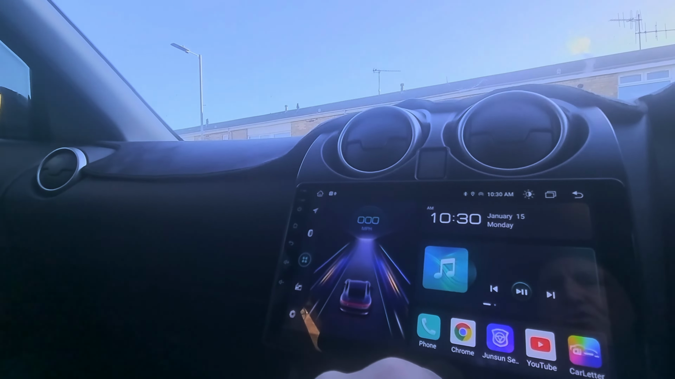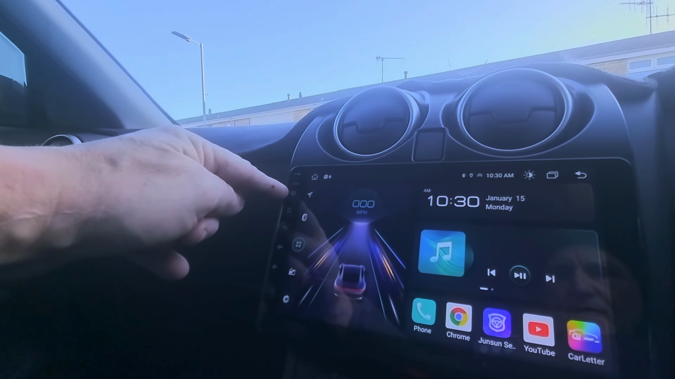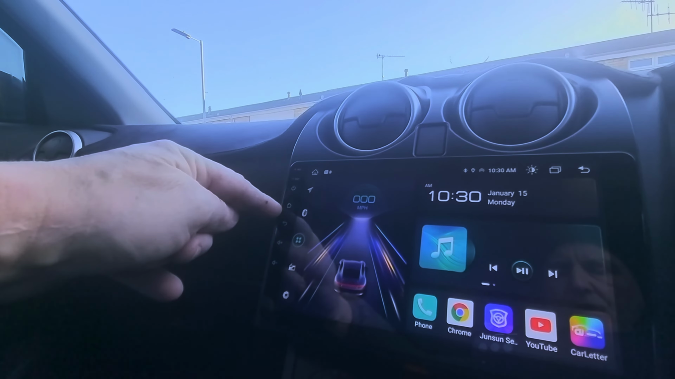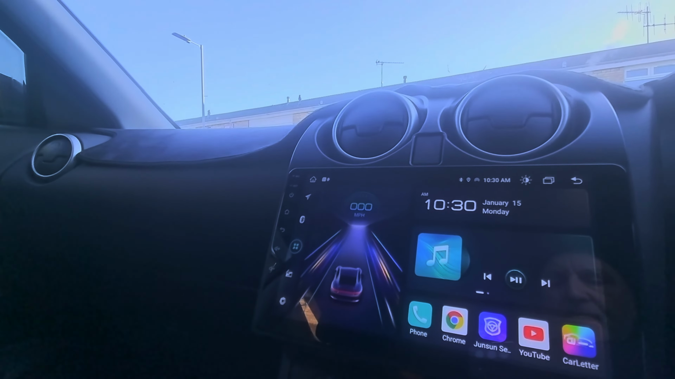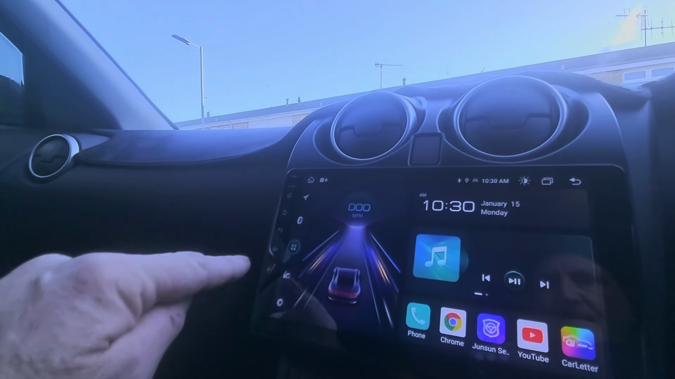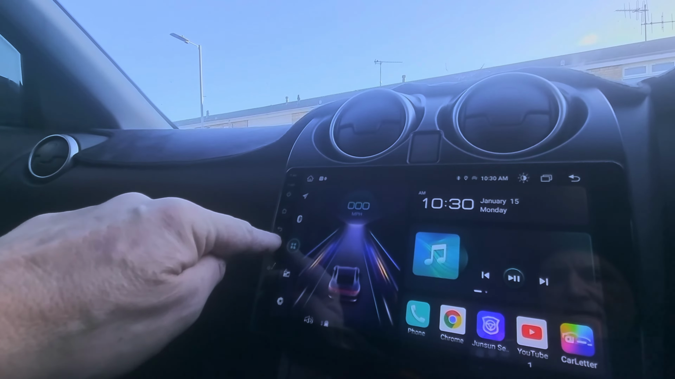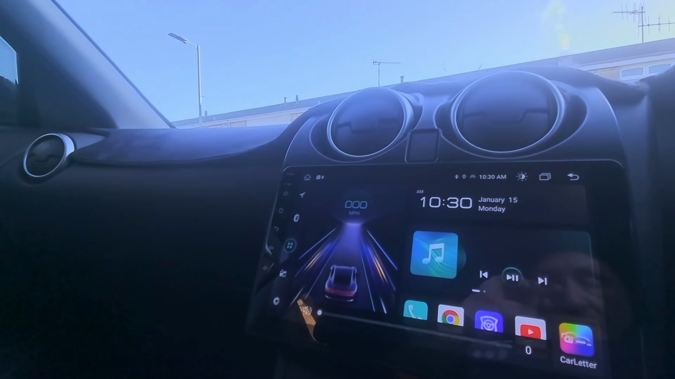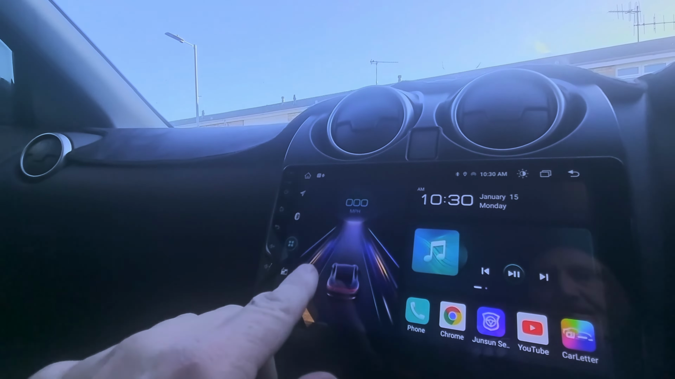Right, shortcuts. Down the side here we've got a power button, we've got a home button, so if I just press home it takes it back to this page where we're at. That's your return button, and you've got volume up and down. Right, if I just tap the screen